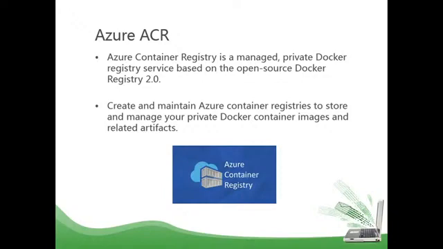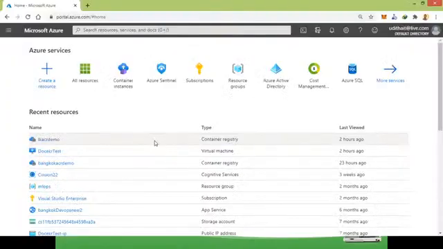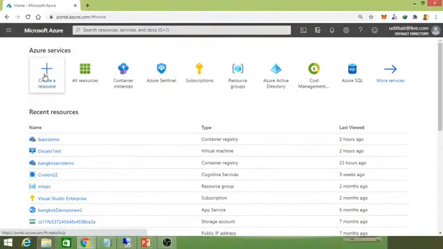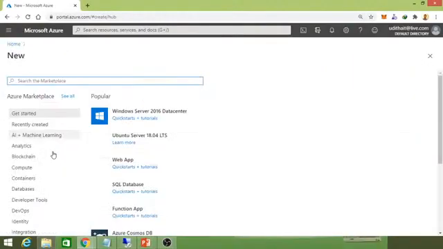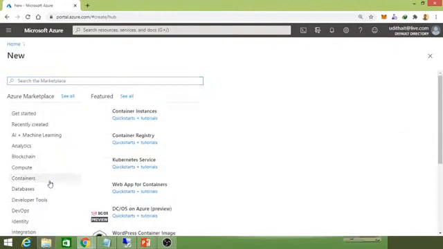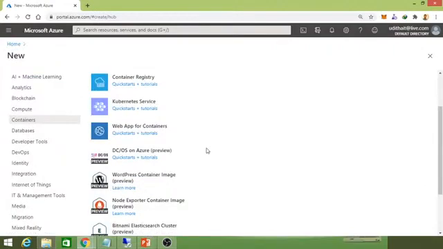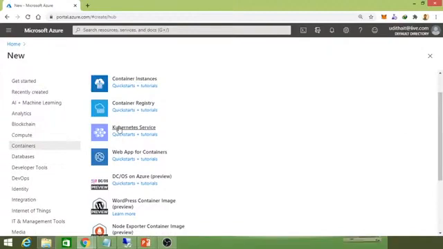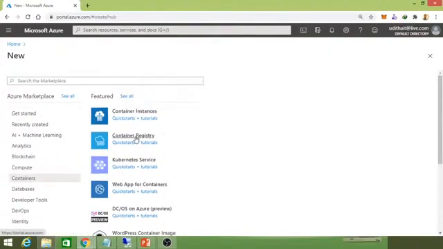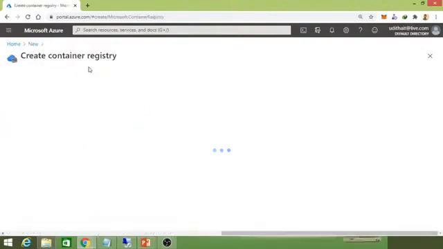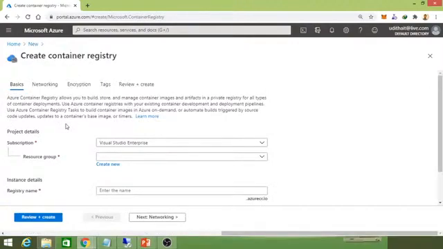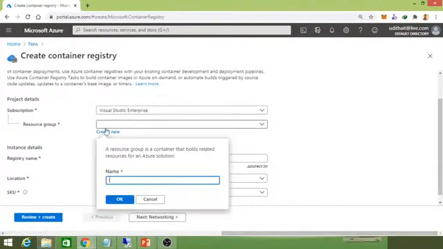You can go to the Azure portal like this. In the Azure portal, you can create a new Azure Container Registry. You can see there's an entire section on containers, where we have much larger things like Kubernetes service. Here we create this container registry. It's like creating any other service. You can just select the service, container registry, and you can create a new resource group,